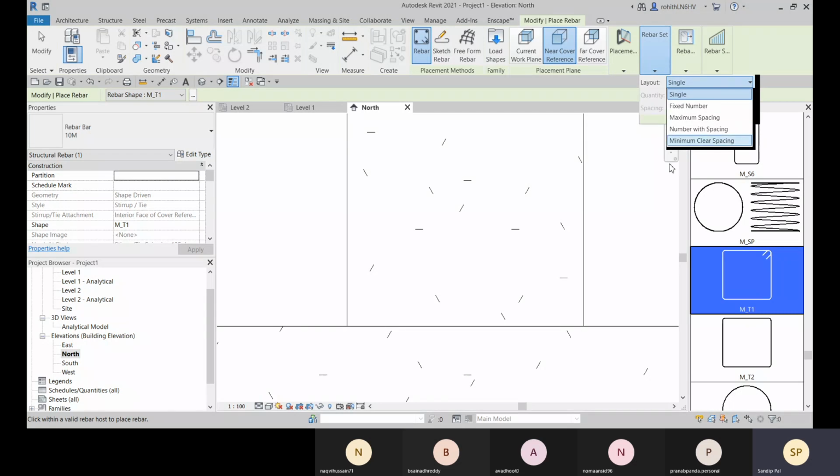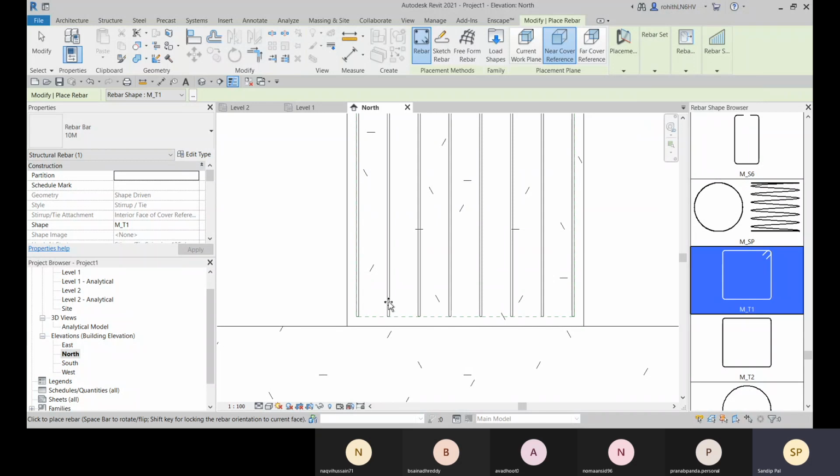So we have this option, minimum clear spacing, number with spacing. So you can specify how many stirrups will be there and what will be the gap. And as per the maximum spacing also, here we can specify like 150 mm.